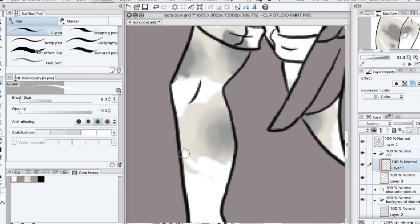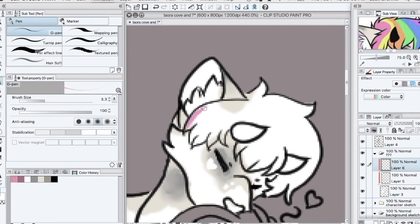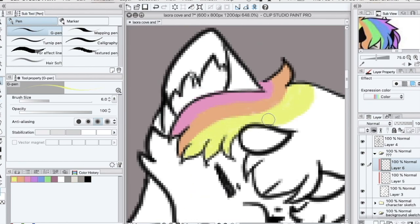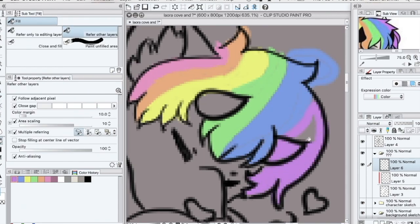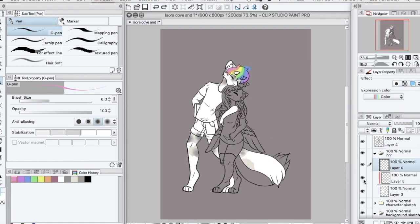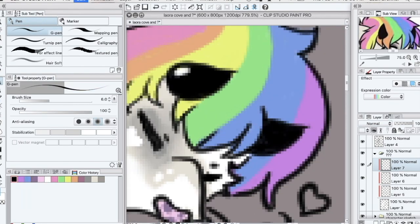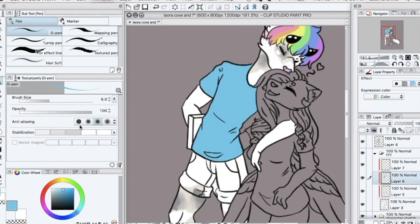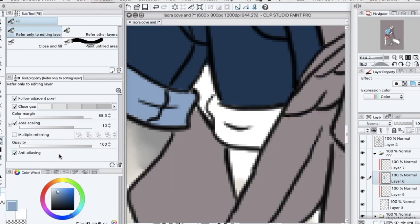So I made some Valentine's cards that used some of my older characters. I think I still have some drawings of them. I know the catopede. Yes, I have made that creature. So the catopede, the dog Rosebush, and of course Cat Cove, or now her name is Leora, but I'll talk about that later. So, yeah, I made some of these Valentine's cards, and I was planning on handing them out